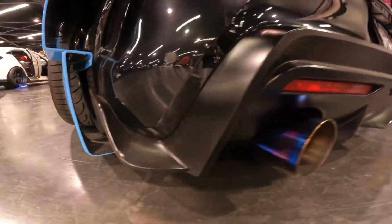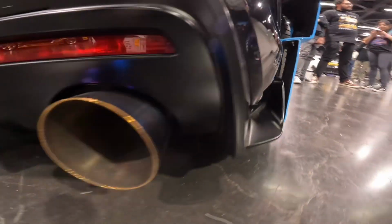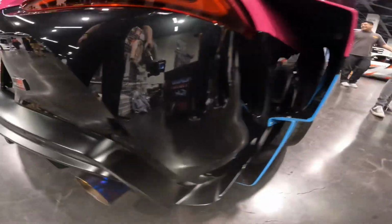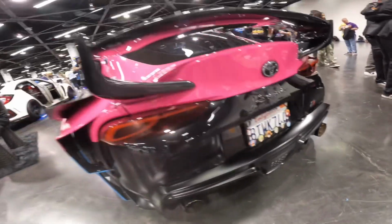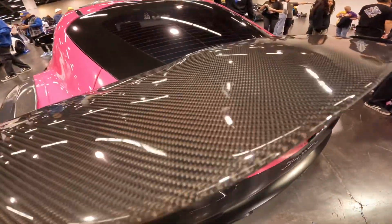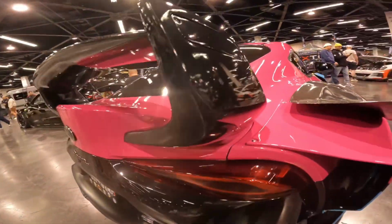Absolutely crazy. Now moving on to the rear bumper, we have a black rear diffuser with more functional side vents with a big dual exhaust tip single exit that is monochrome on both sides, F1 reflector light in the rear diffuser, and as we move on to the rest of the rear bumper, it is black with the GR racing badge in the back as well, along with the beautiful Supra badge and Toyota badge, with the wing having black end caps, a carbon fiber middle part, and another black end cap on the other side of the wing as well,